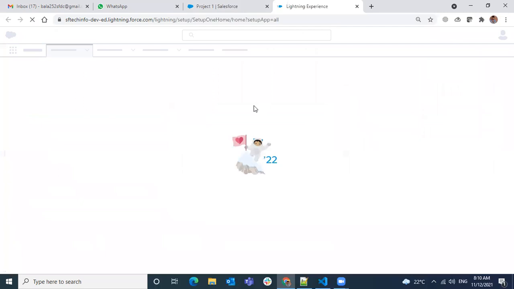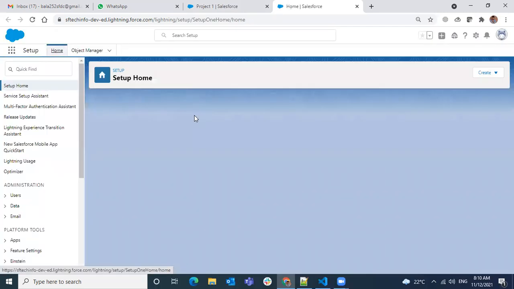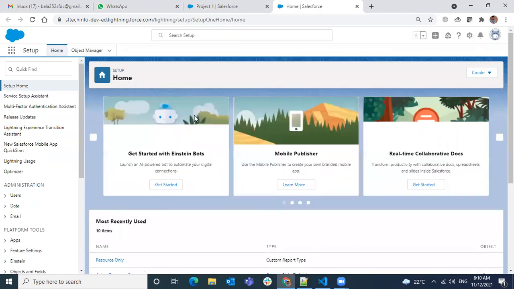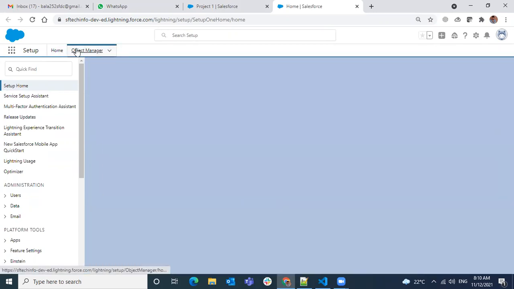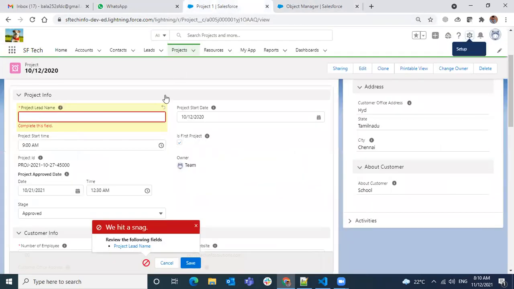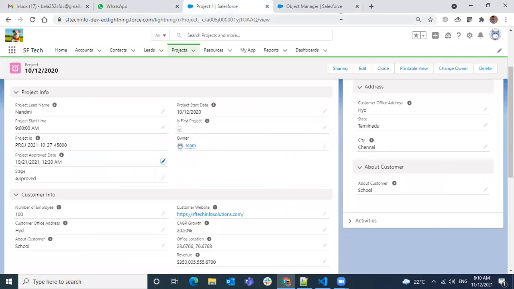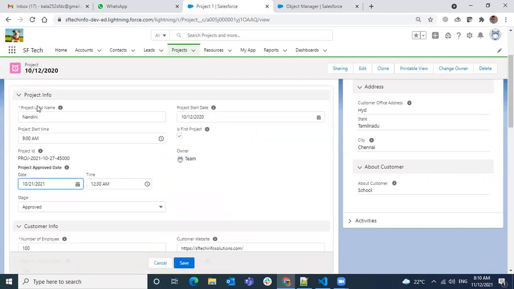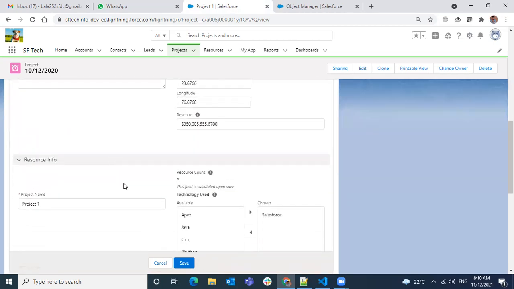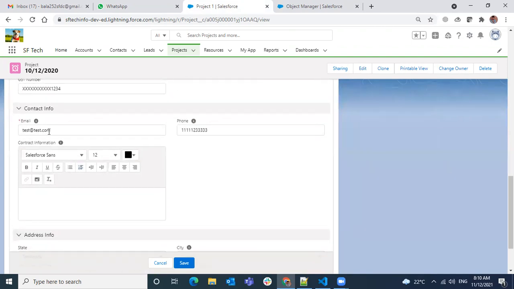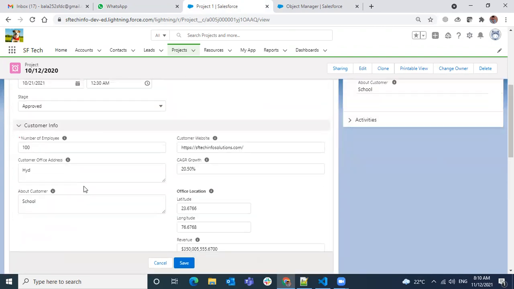Thank you. Okay, so now when you're writing validation rules, what do you need to think of? What is your valid data and what is not your valid data? When it is not valid, then you have to show the message. First, initially start with some very simple validation rules to make some field a required field. We have some fields over here, and the project lead is a required field, number of employees is required, project name is required, email is required. So in total we have 4 required fields.